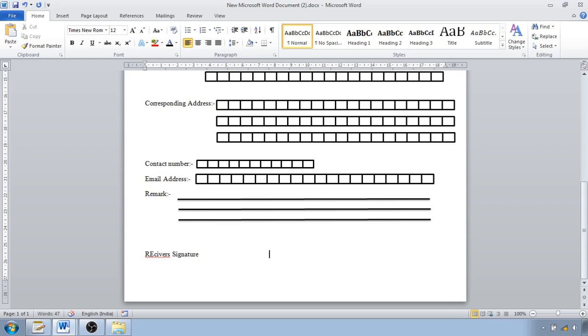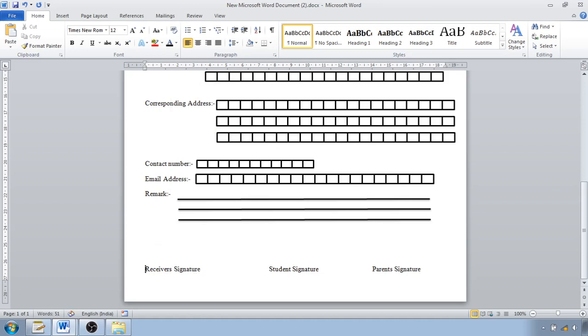I'm going to write receiver signature, student signature, and last one is the parents signature. Now this receiver I have to,